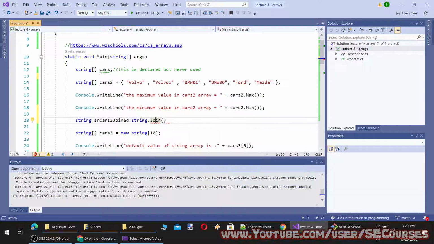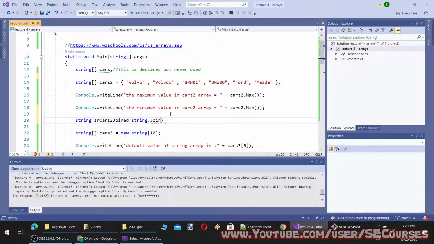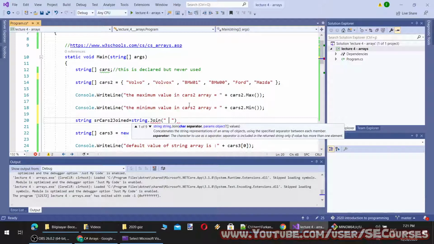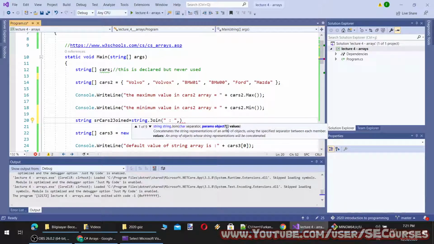It is a method of the string class, and it takes several options. What I am going to use is a separator. This separator will be this, and it is going to take an array. You see params object values. It can take any parameter object, and I am going to provide this.